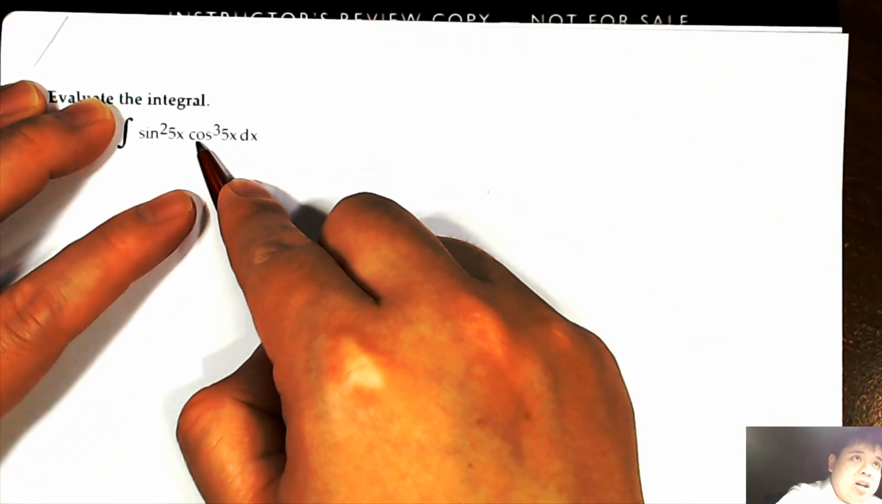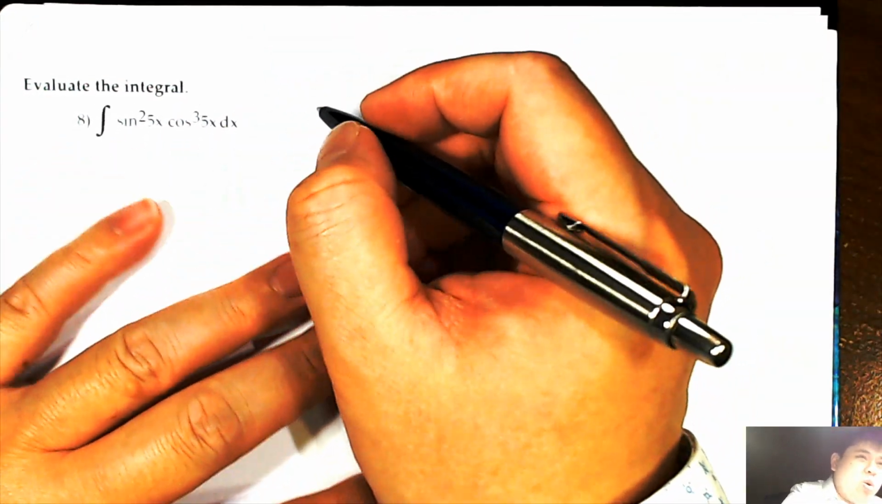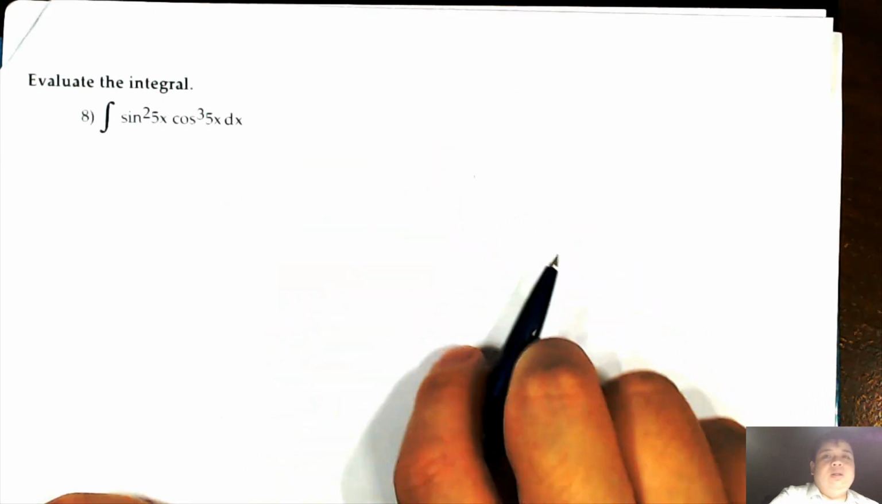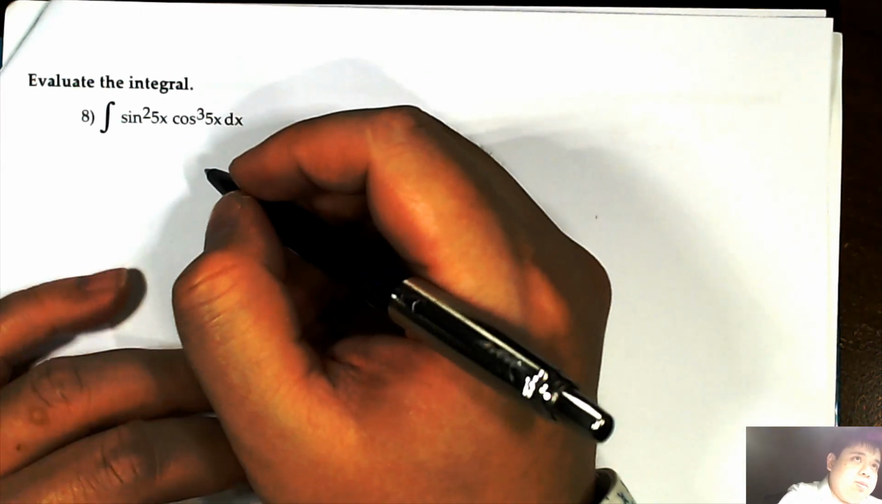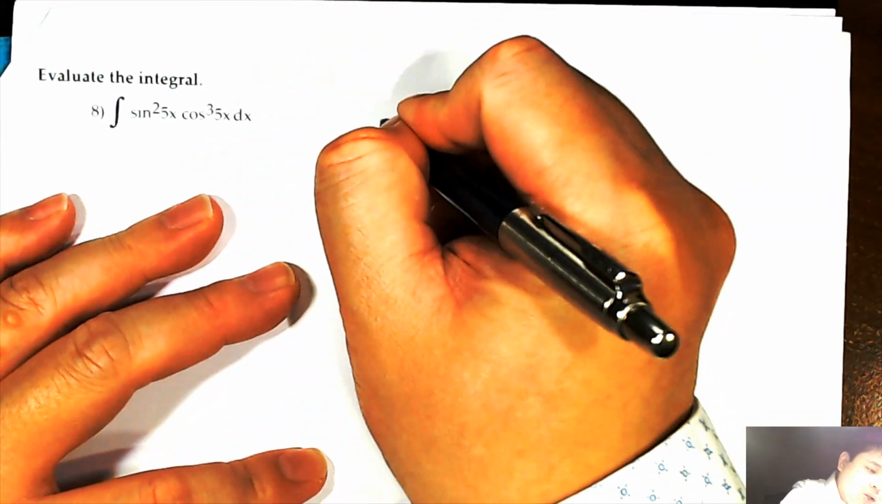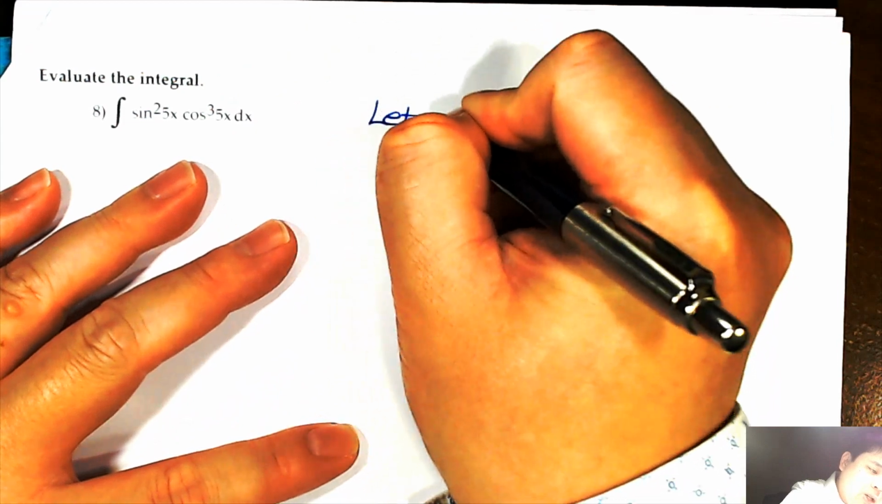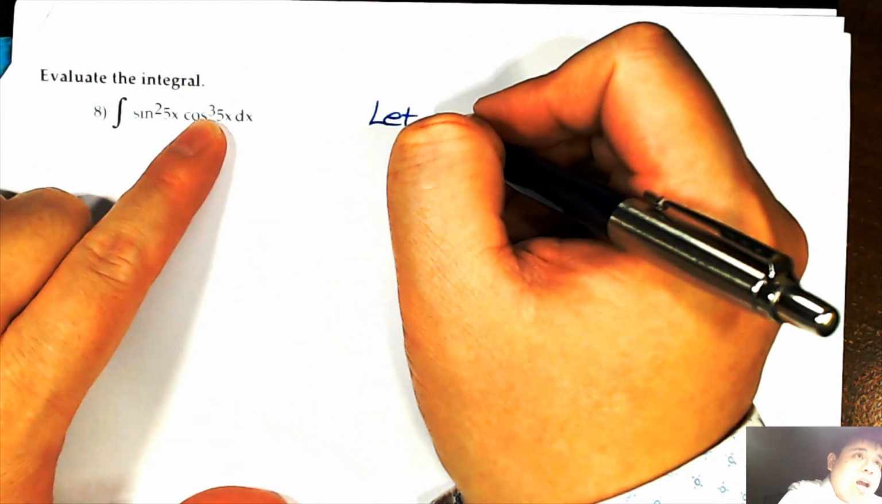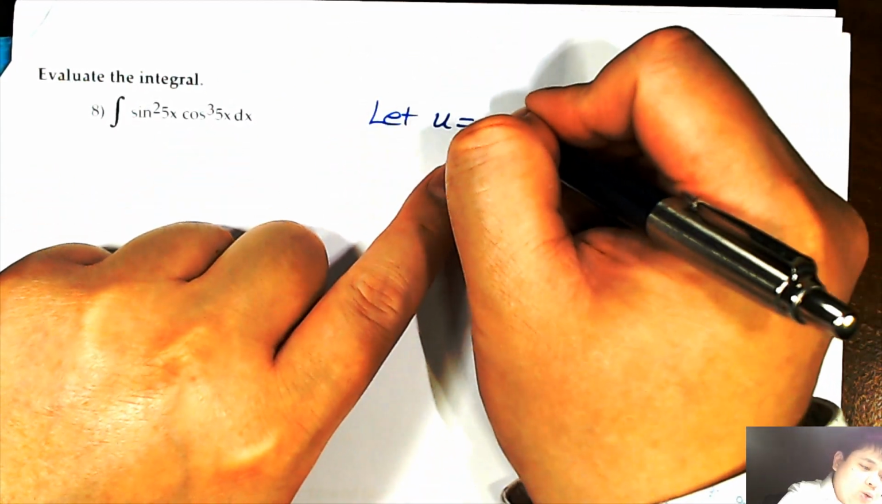Since here the power is odd, we know that the substitution has to be the other function. It's always the other function. So we're going to say let u equal, again, odd goes with cosine, so u is going to be sine